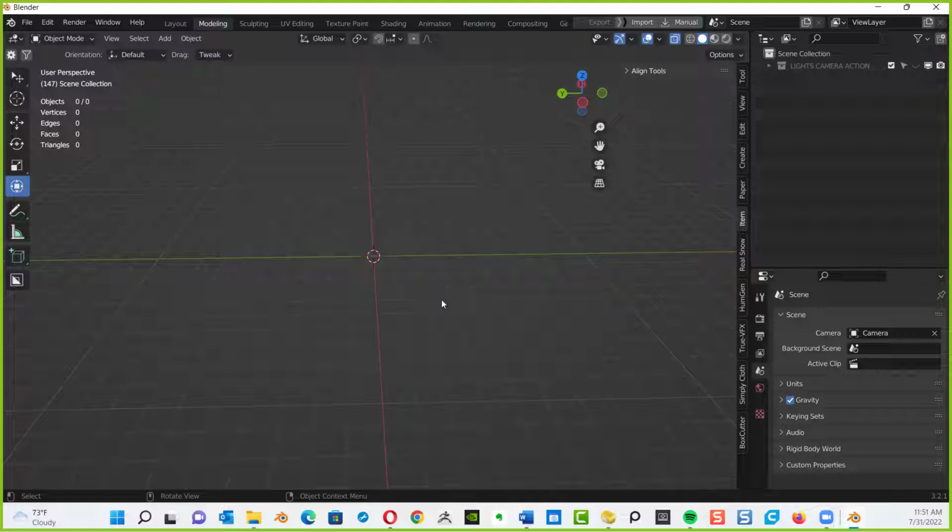I want my default interface the way I like it every single time I open Blender. And the last thing I want is for Blender to open up with a cube in the middle. So I deleted the cube, but all my interface and everything else laid out is intact. So just select the cube and delete it.